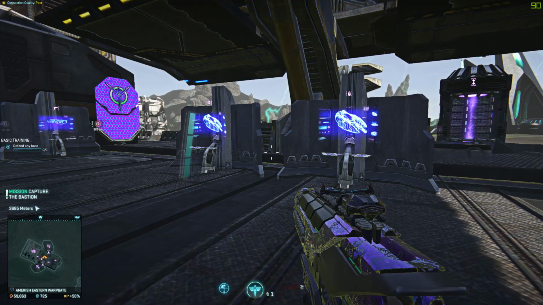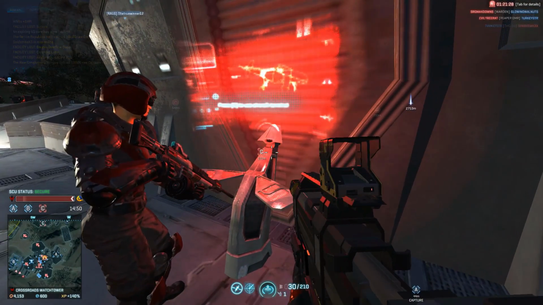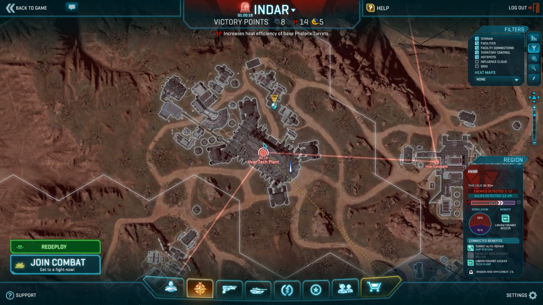On to world updates, and the ground vehicle terminals now spawn all types of ground vehicles at every base. And all air vehicles also all spawn under one type of air terminal. These do tie into the new tech plant benefits though, which are required to spawn both main battle tanks and